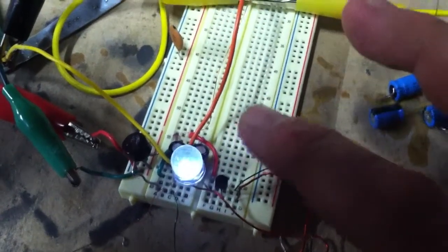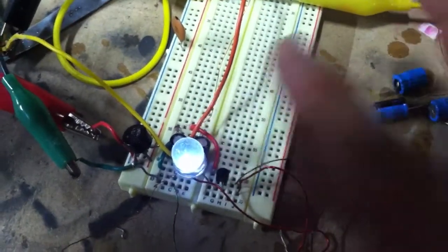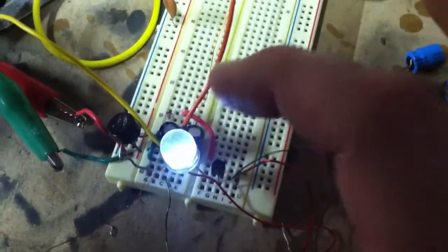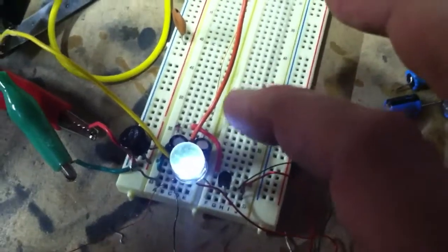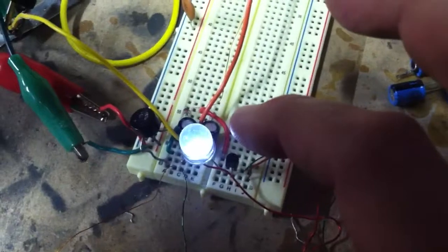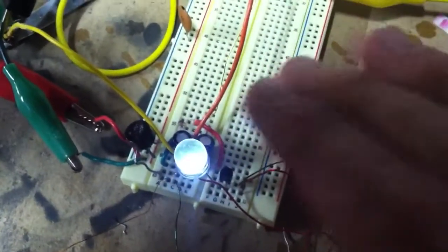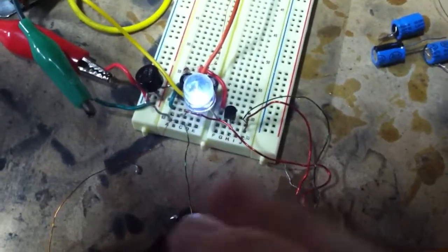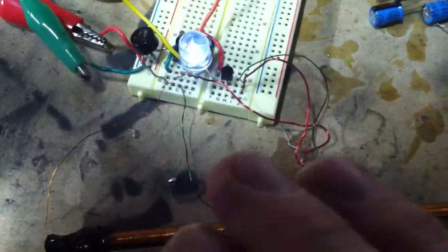Basically, I'm going to try to just dump this voltage doubler circuit, or I guess it's a charge pump, there's a few names for it, and dump it into a cap. Now I thought about using a voltage regulator, but there's heat involved and there's losses, and I'm trying to conserve as much as possible. That's why you see there's no potentiometer in here right now. There's no resistors at all, because I'm trying to conserve as much as possible,